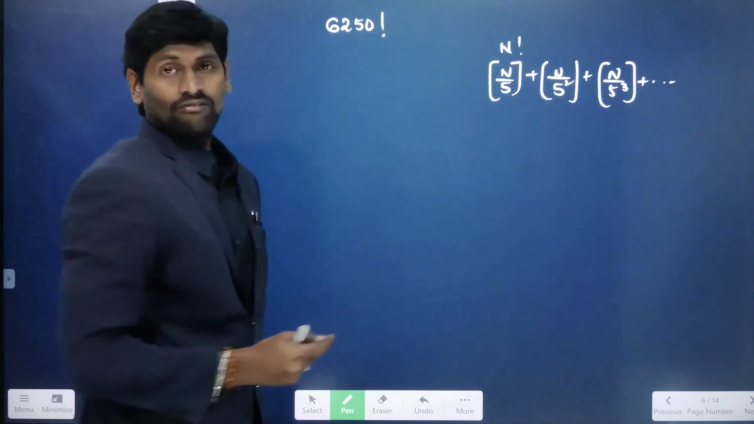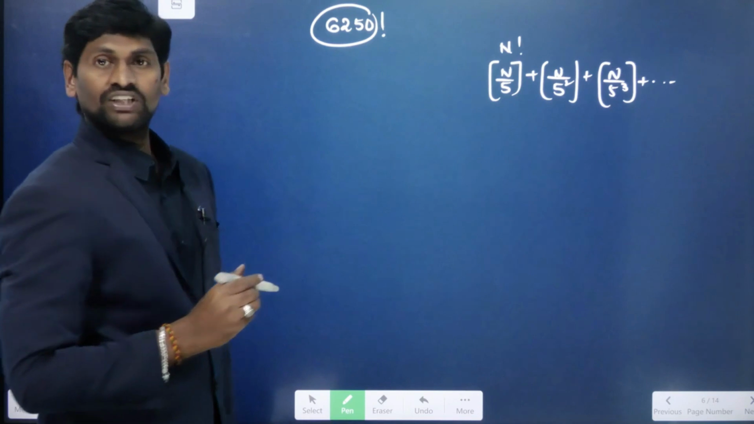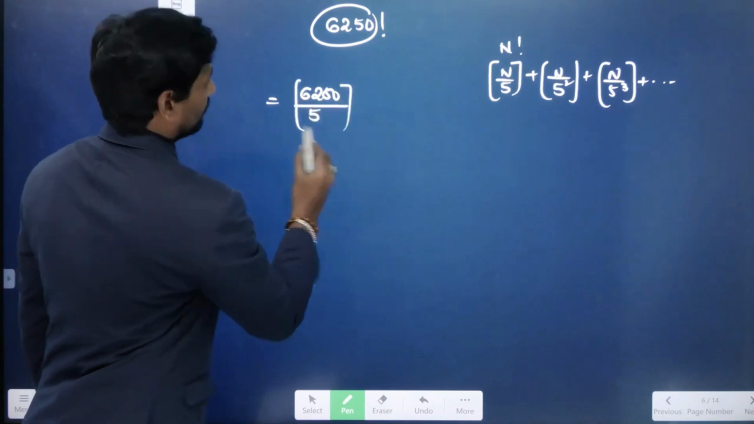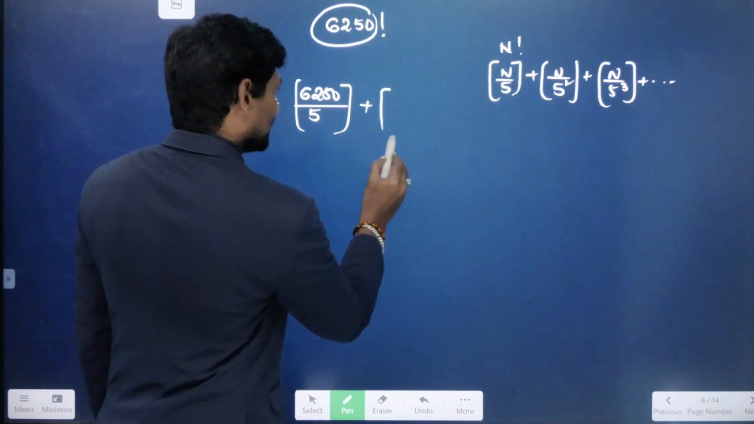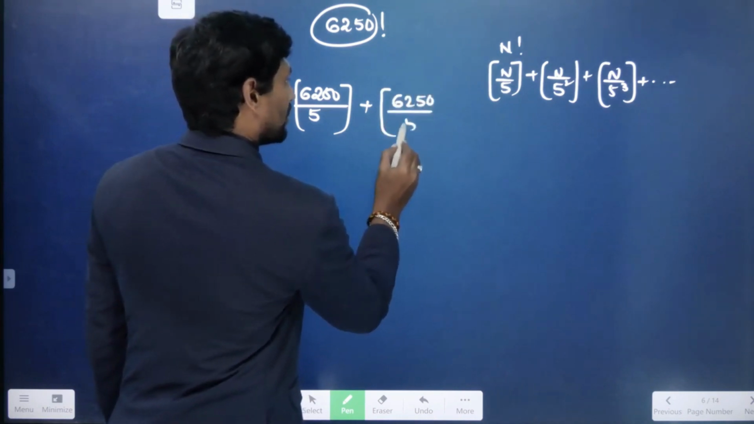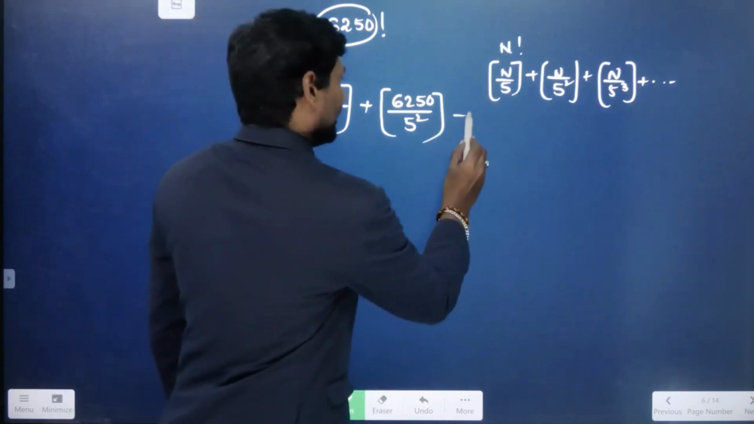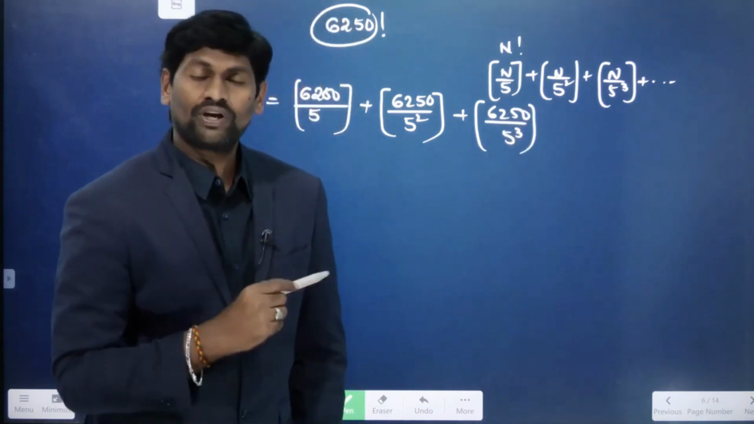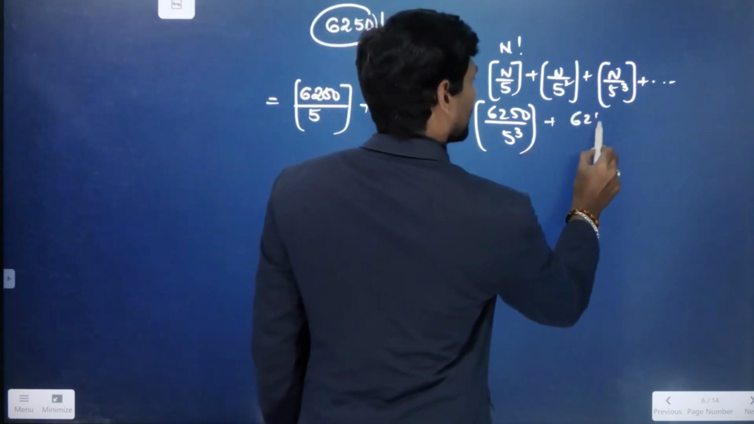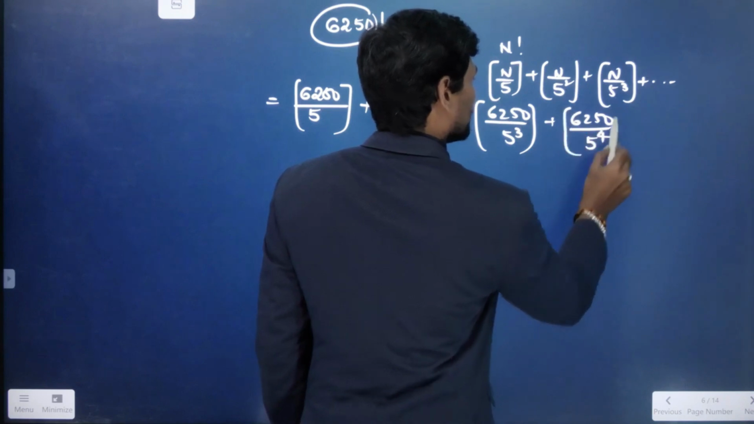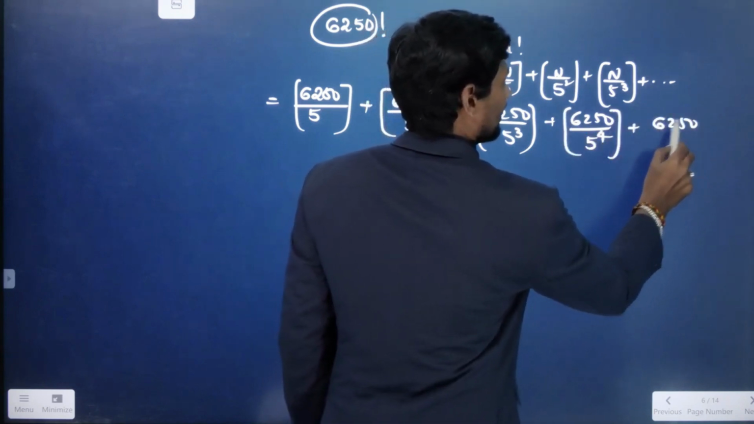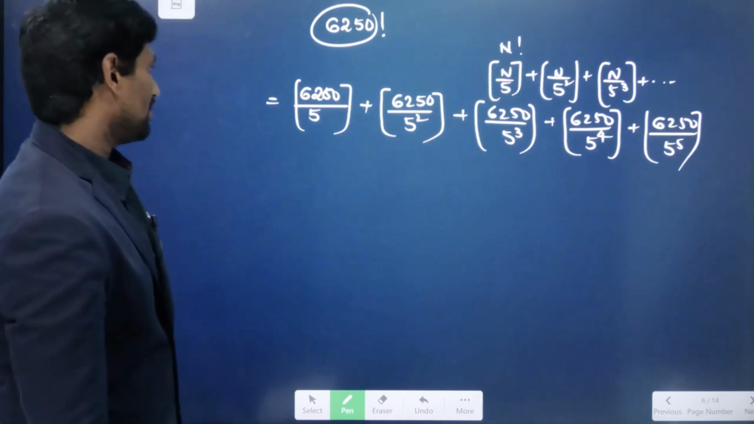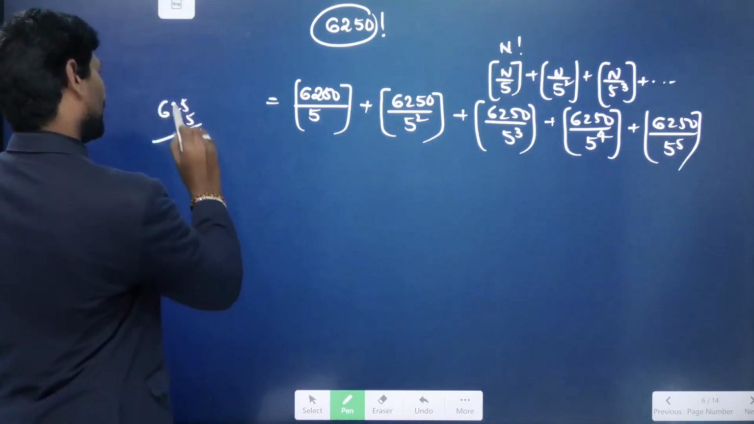Now in the place of n, we can identify the number 6250. So let us substitute in the formula: 6250 by 5, plus greatest integer of 6250 by 5 square, 5 square value is 25. Next, 6250 by 5 cube, 5 cube means 5 into 5 into 5, 125, and 6250 by 5 power 4, 5 power 4 means 625, and 5 power 5 is also possible because 625 into 5 is nearly 3000. That is 625 into 5,